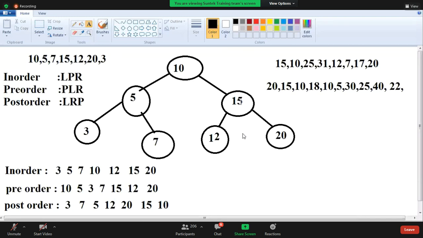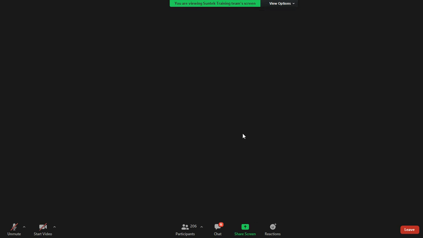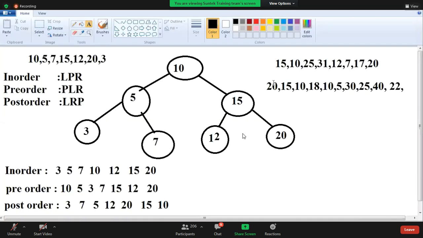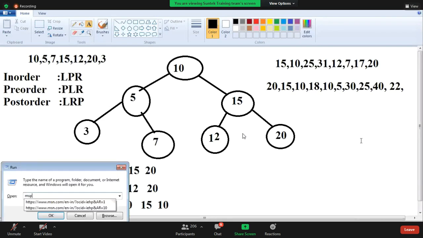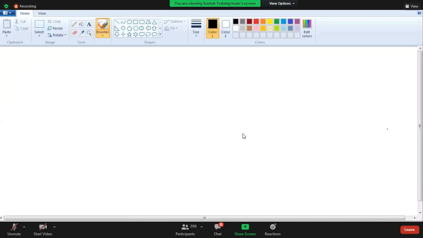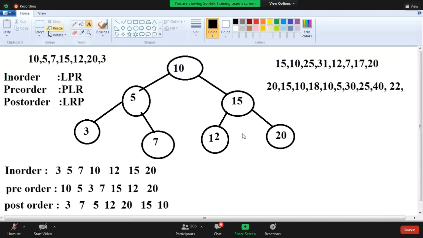Nitin, 7, 10, 12. First this diagram, 15, no? 1, 2, 3, 4, 5, 6, 7, 8 elements. See this, I just want to copy this.